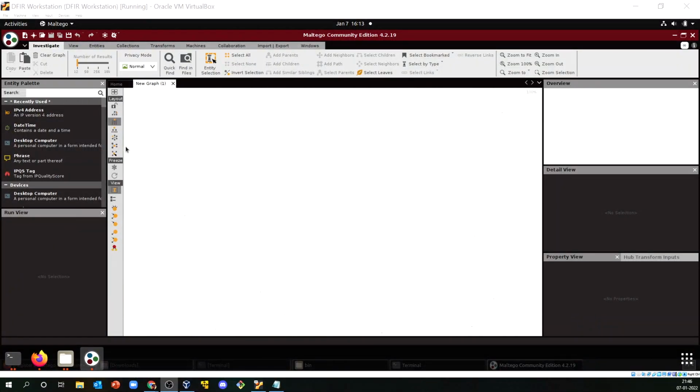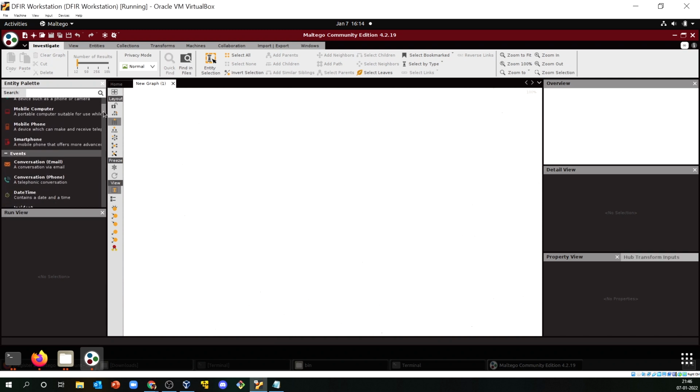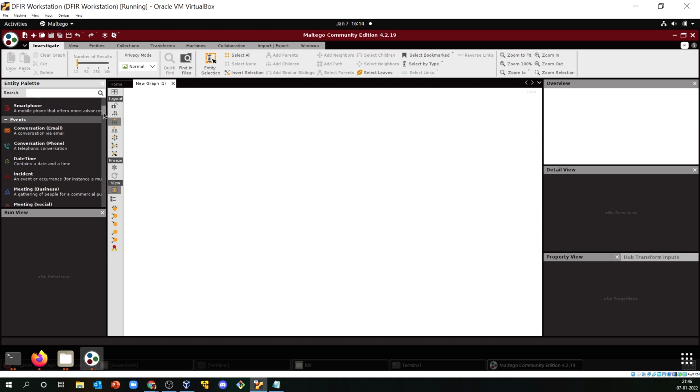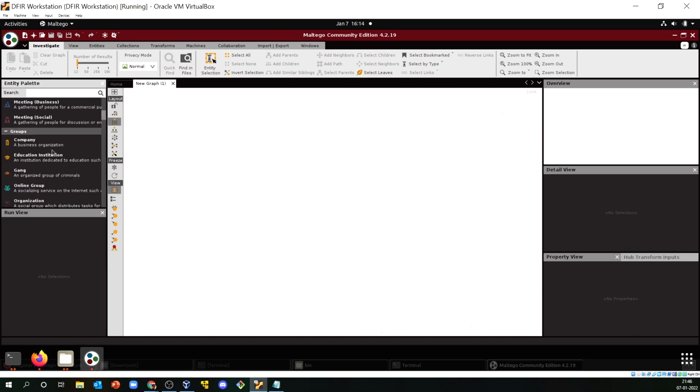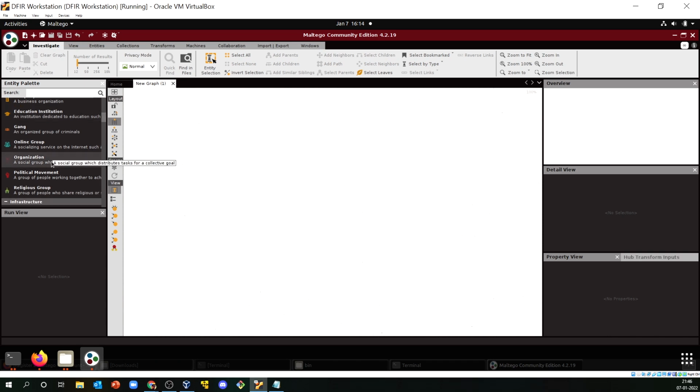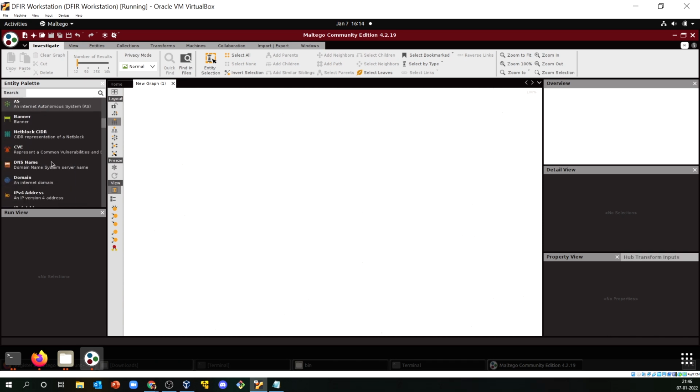Now comes the main part: how we want to leverage this graph. In the left hand section you will see the entity palette. What are the different types of entities you might have here? You might have different kinds of patterns. You can even create your incident timeline here.